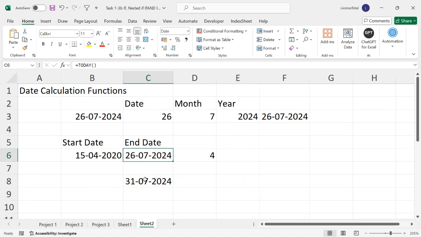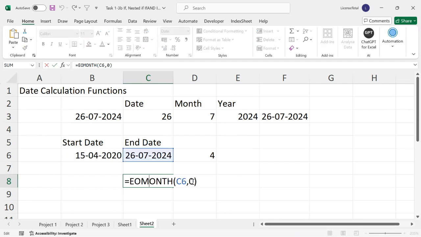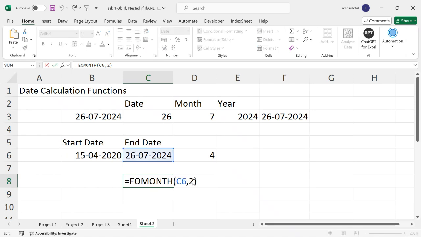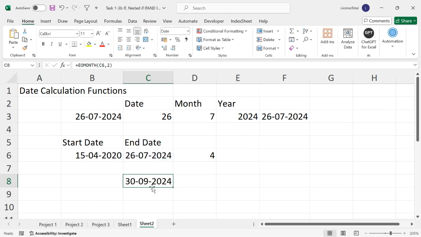I got the last date of this month. So EOMONTH is nothing but end of the month, which is the last date for this particular month, for the July month. Okay, but in this formula, I am going to change the 0 to 2. What happened? Now this is July. So second attribute 2 means July, August,